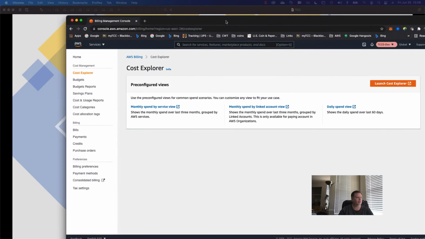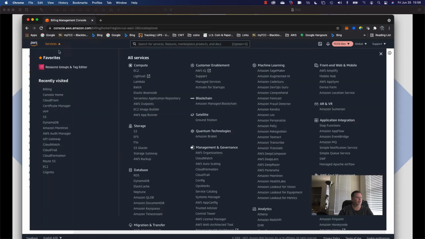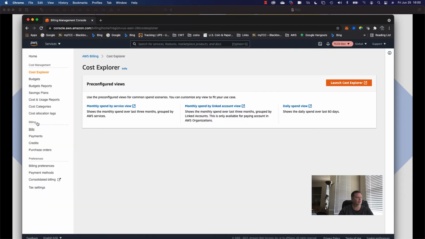Well, let me, before I go, so you got your services, and you can go to all kinds of services, but this is under cost management, budgets, Cost Explorer, etc. This is our cost management. This is how you get to most services, but for the billing,